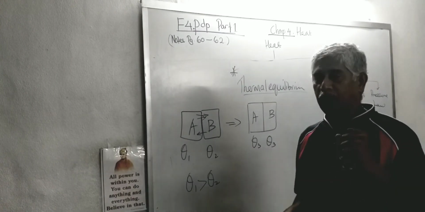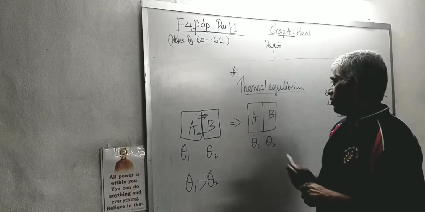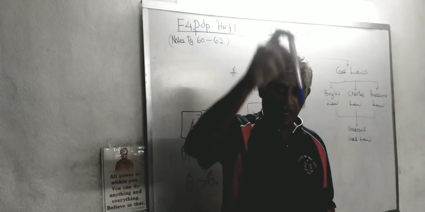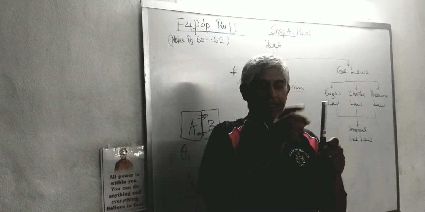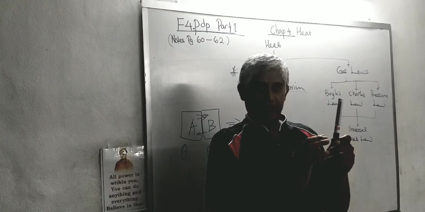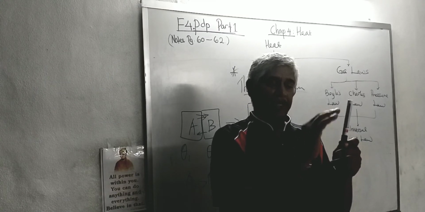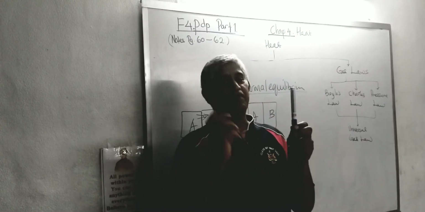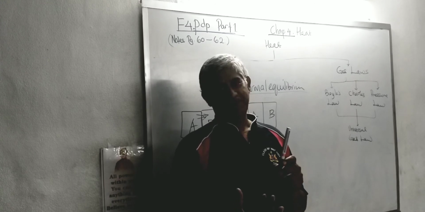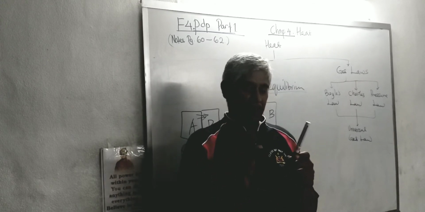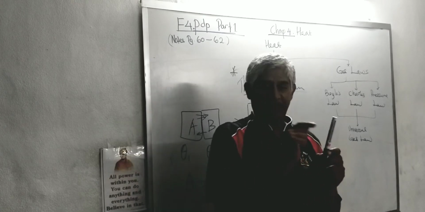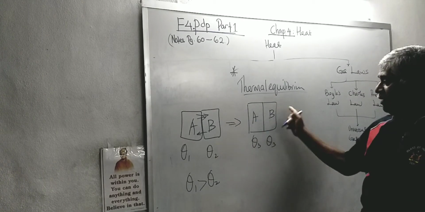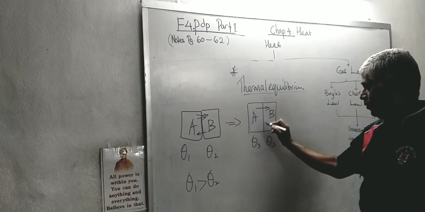So all thermometers work based on the thermal equilibrium concept. That means when I take the thermometer, I put it in a glass of water. Right? So you see the temperature, let's say it's warm water, so the temperature starts to go up. After some time the temperature rises, then it stops. The minute it stops, that means the thermometer has reached thermal equilibrium with the glass of water. That means whatever the temperature of the water is, is the temperature that you can read, because there is no more net heat flow.